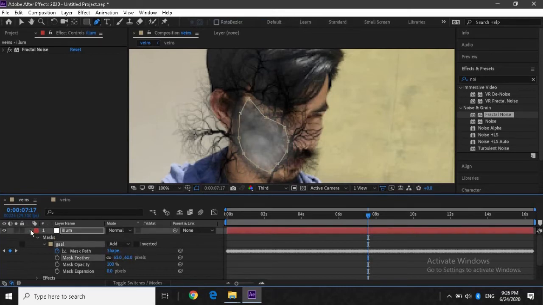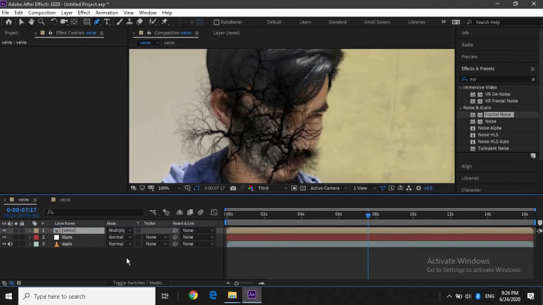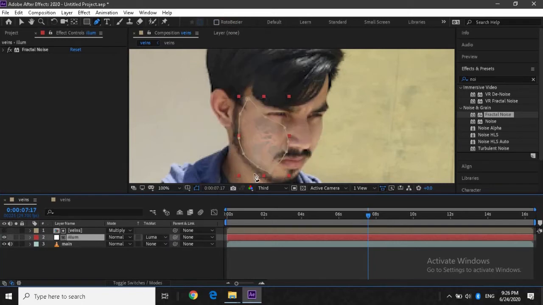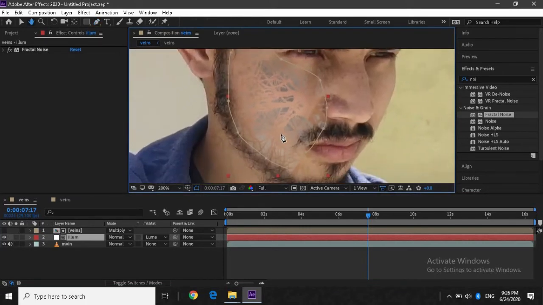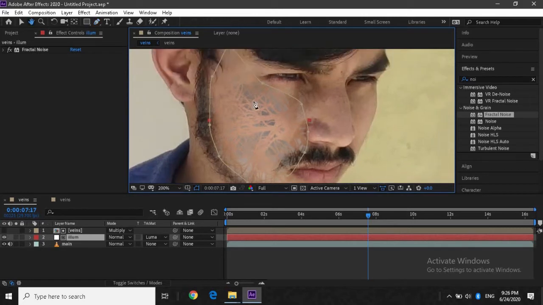Yes, this looks fine. Now in the veins, make the veins the top layer, select illumination and set the track matte to Luma Matte veins. What we can see here is that our fractal noise solid has traced this vein pattern on it.